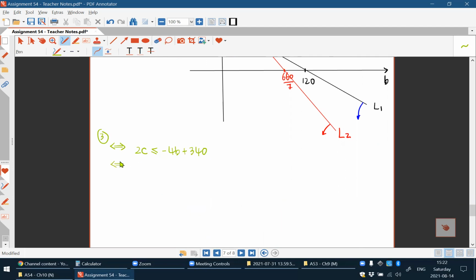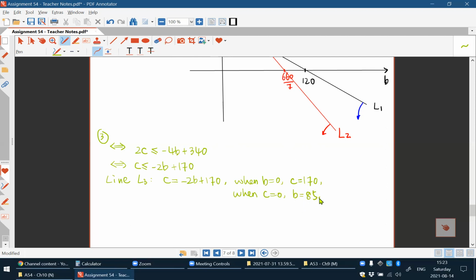And this is equivalent to C is less than or equal to minus 2B plus 170. So the corresponding line 3 is C equals minus 2B plus 170, right? So when B is 0, C must be 170, and when C is 0, B must be